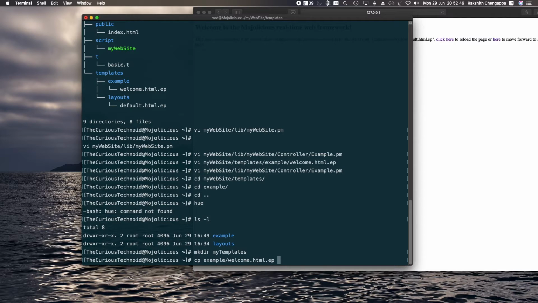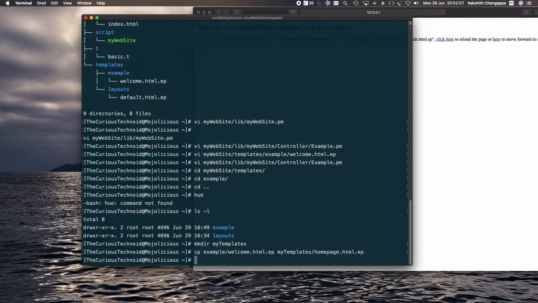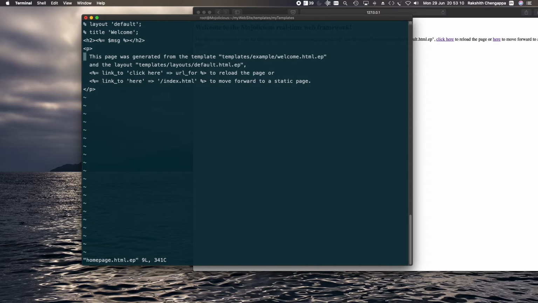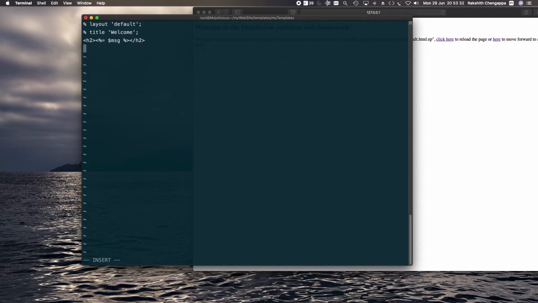Copy the welcome HTML template to my templates folder. Let's open up the home page. Change the content to whatever we want. Save and exit.